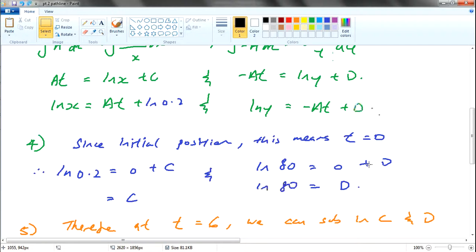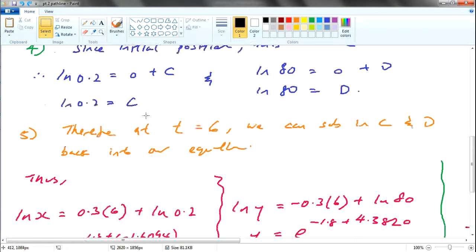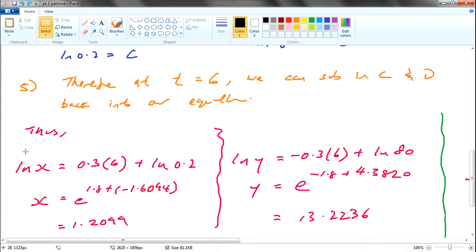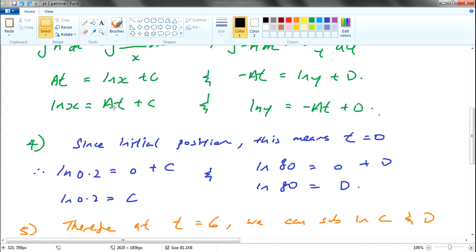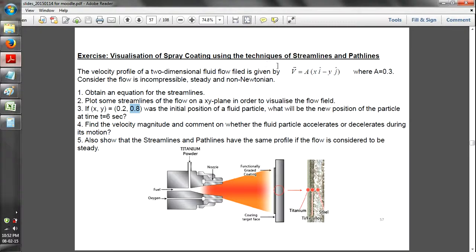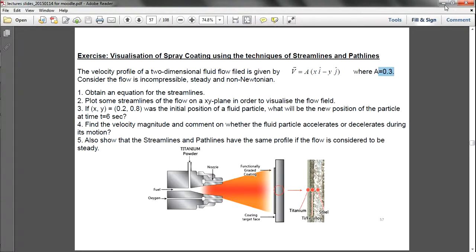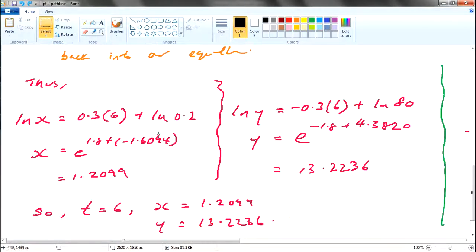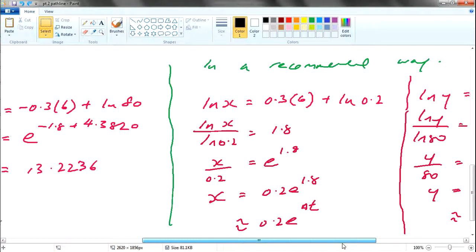Okay, so I've rewritten it in this portion over here, the same thing. And also that we know the A value is actually given, that is 0.3, so you just sub it in. And then you do up the math. It is a pretty simple one. You just get 1.299 and 13.2236. But if you want to have a general equation, okay, because